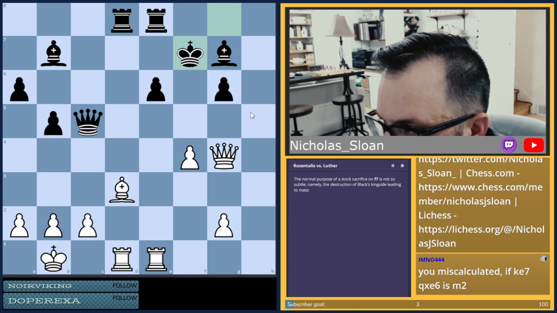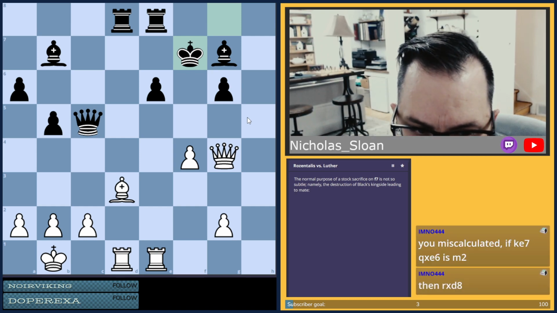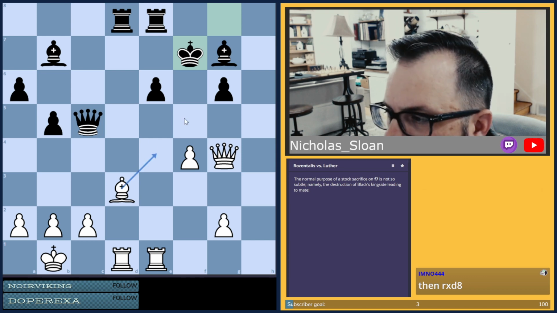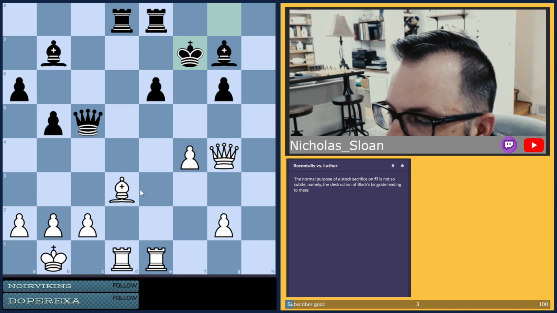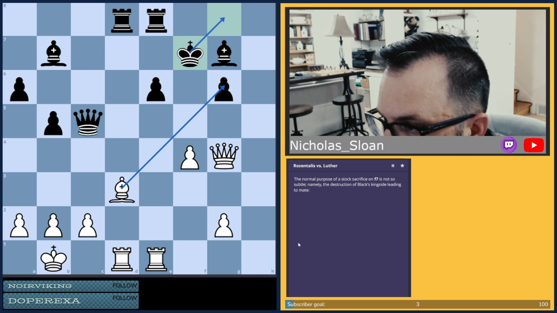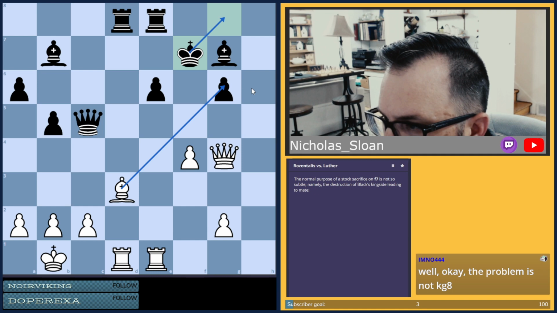We win a rook, but this is a mate. Here. Oh yeah, because then he goes back here and here. Yep. So we got that one if he goes there. So what if he comes back here? Attack is over. No more mate.